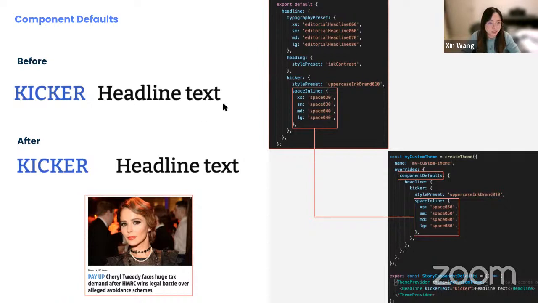So I have the default here from NewsKit, but now I want to increase the gap between the kicker and headline text. How do I do that? Again, we will have to modify it on the same level, passing the component overrides here. Then I'm going to mirror the structure of the headline component and change a different set of tokens. As you can see, we support different breakpoints. So I'm going to increase the token size. Once this is done, I'm going to pass this new theme to my theme provider. As you can see, I am not using any override, and every instance of the headline component should be changed now.